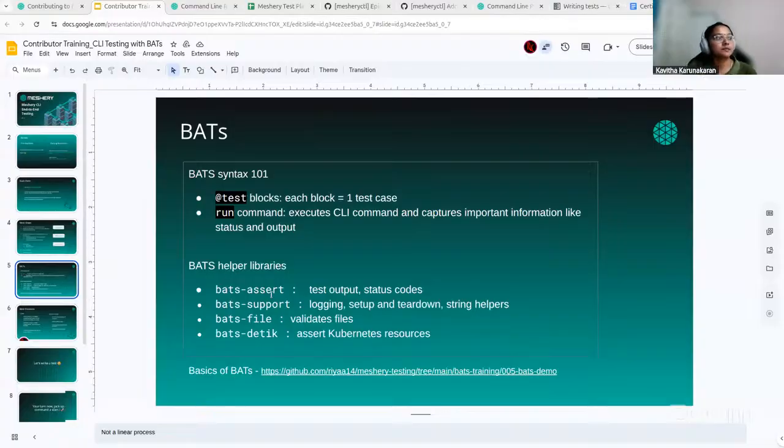So the bats helper libraries: bats-assert, test output, and status codes. It actually contains support for test output, status codes, and all. Bats-support is used for setting up and tearing down and all. And sometimes, as I told earlier, you would have some files which have to be validated. So we use bats-file, and there are certain tests in our test suite where we want to